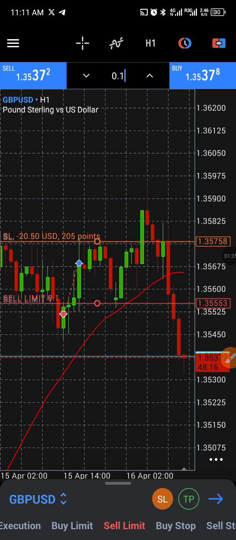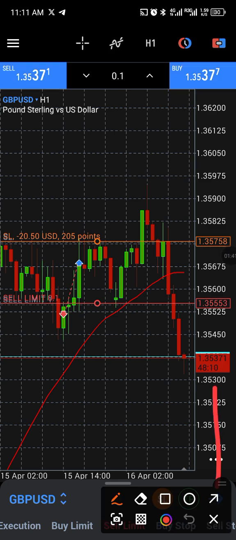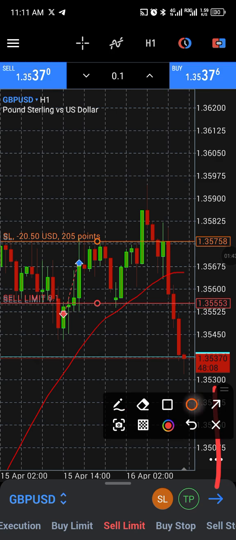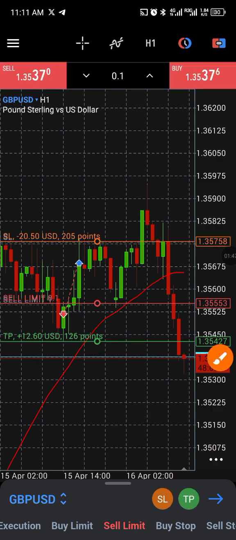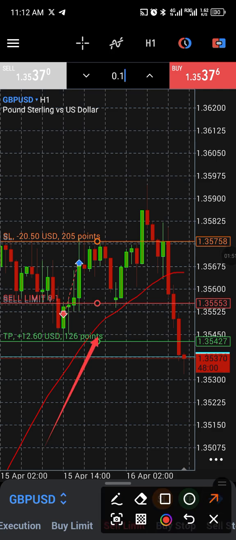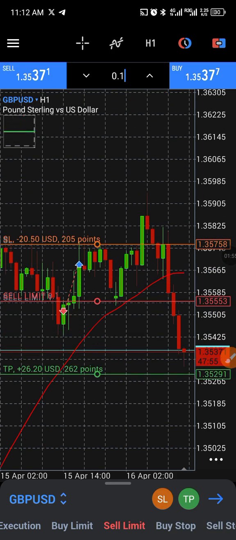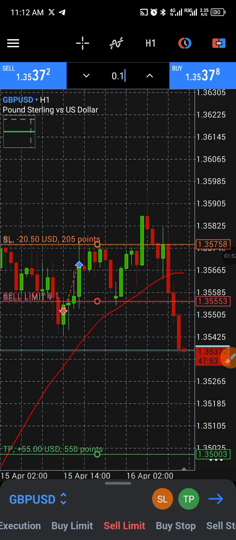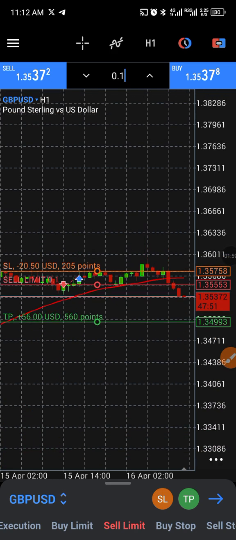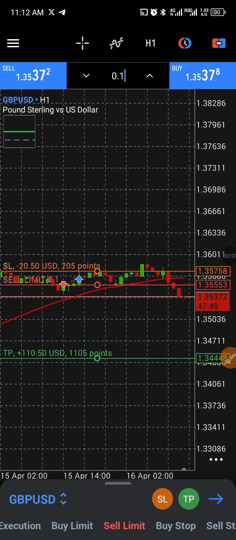Now once you do that, if you want to also set the take profit, you just click on the TP, this TP down here. How do you set it? It's simple. Once you click on it, a green line has appeared on the screen, right? What do you do? You move the green line to where I say is the TP. If I say it's 100 pips or 500 pips or whatever, you move it to the point where you